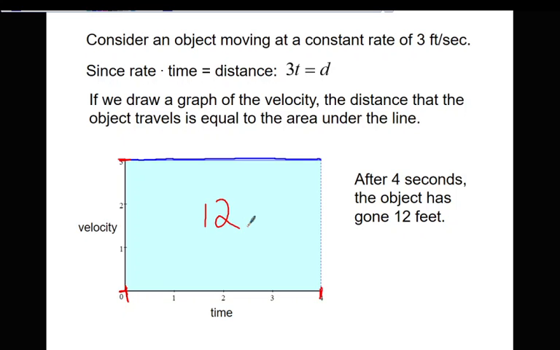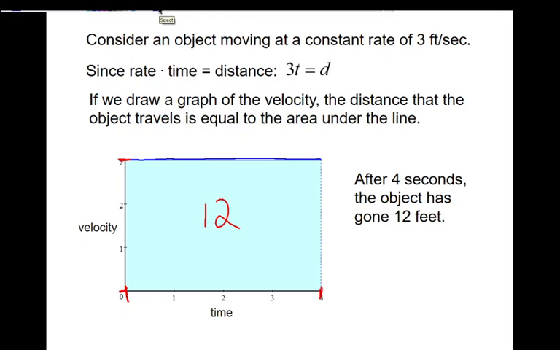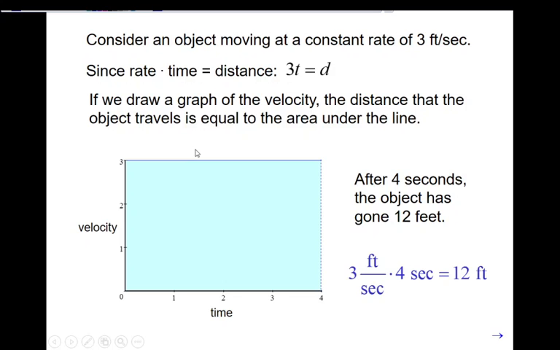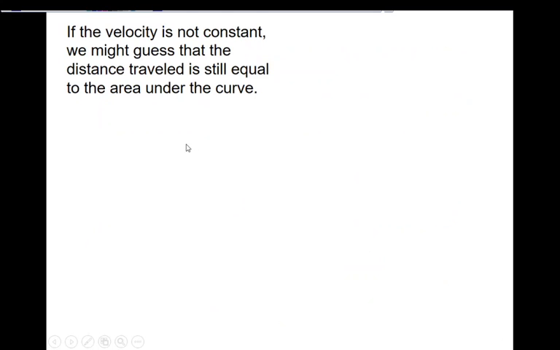Now this is something that they talk about in physics, whether you took AP Physics 1 or AP Physics C. They both talk about this idea that if you have the graph of velocity, the area underneath is representative of distance. But the problem is that this only works when we have this kind of linear or easily found area. What happens when the velocity is not constant? The distance will still be the area under that curve, but